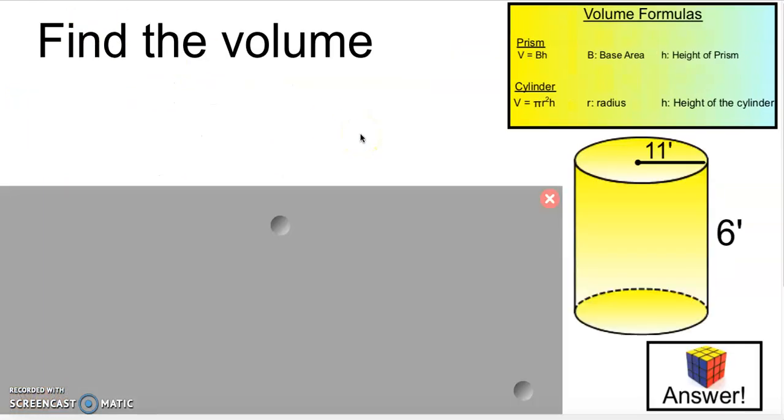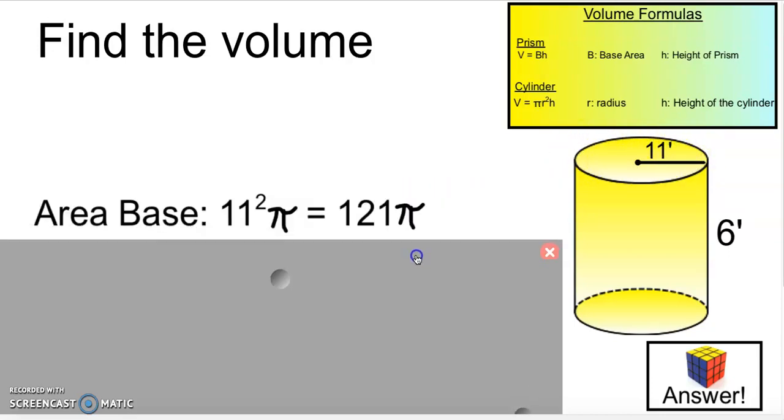Let's take a look at this one. So our base here is going to be our circle, and we already have the radius at 11 feet. So this is going to be pi r squared. My radius is 11. 11 squared is 121. So the area of my base is going to be 121 pi. And then I just take that number and multiply it times 6. So 121 times 6 is